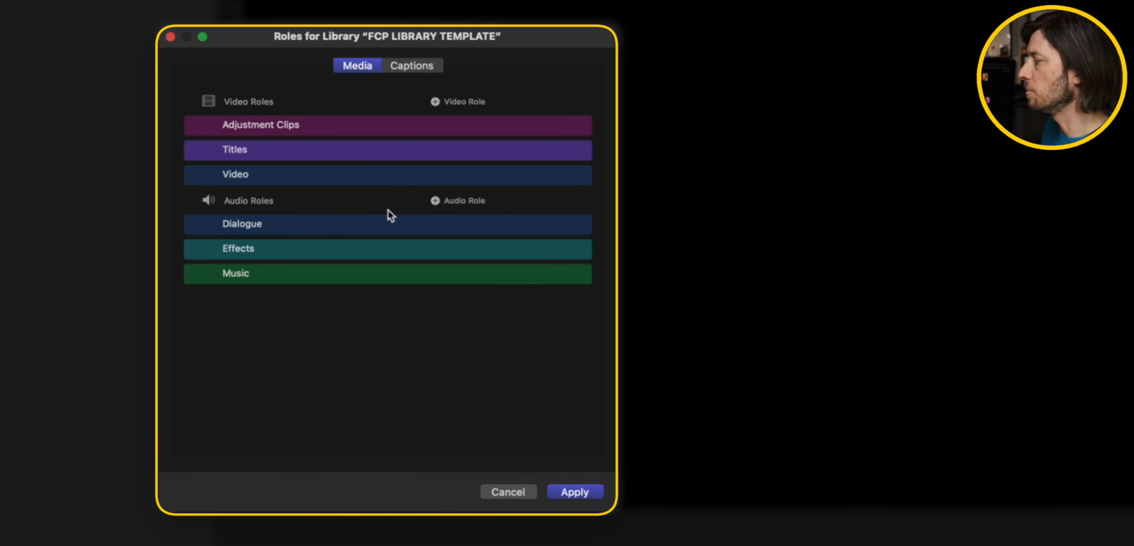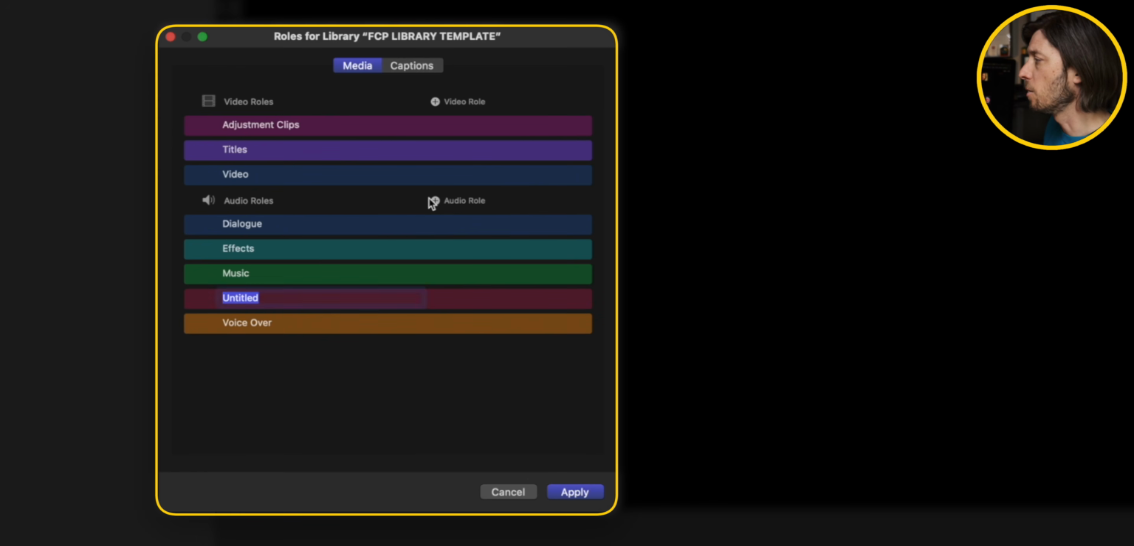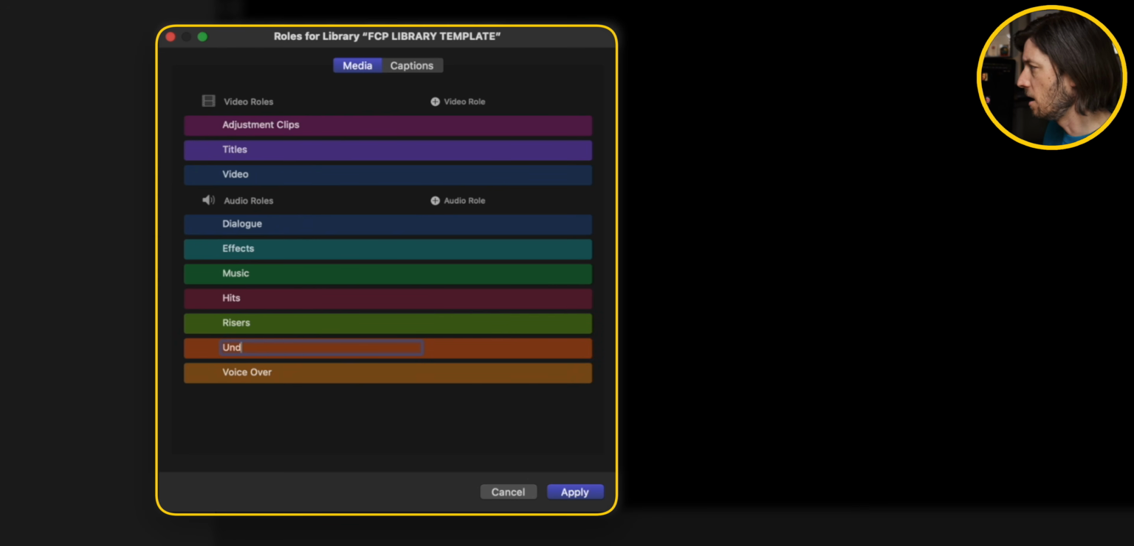So I want to add some audio roles so that every time I start a new project, these audio roles are already there. The first one I'm going to add is a voiceover audio role. The next one I'm going to add is in relationship to the sound effects that I use from Lens Distortions to do sound design work in my videos. So I'm going to add another role that says hits, another role that says risers, and another role that says